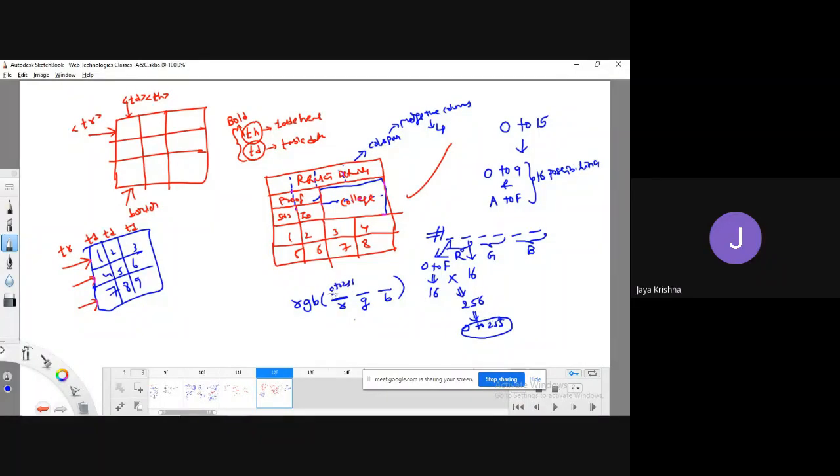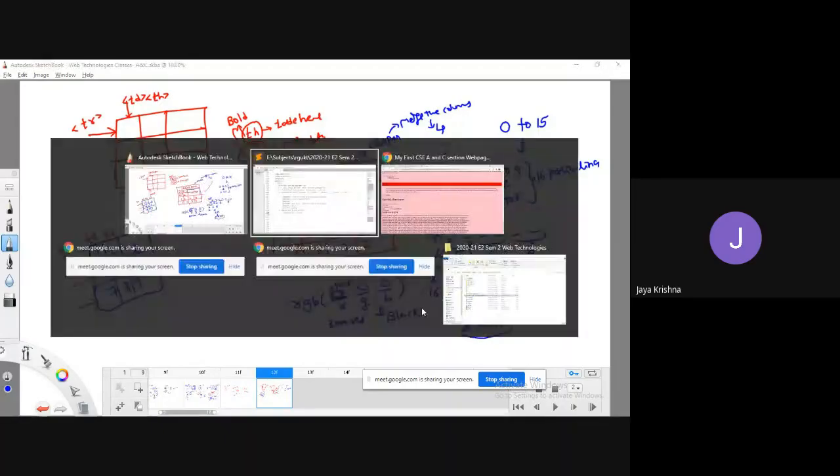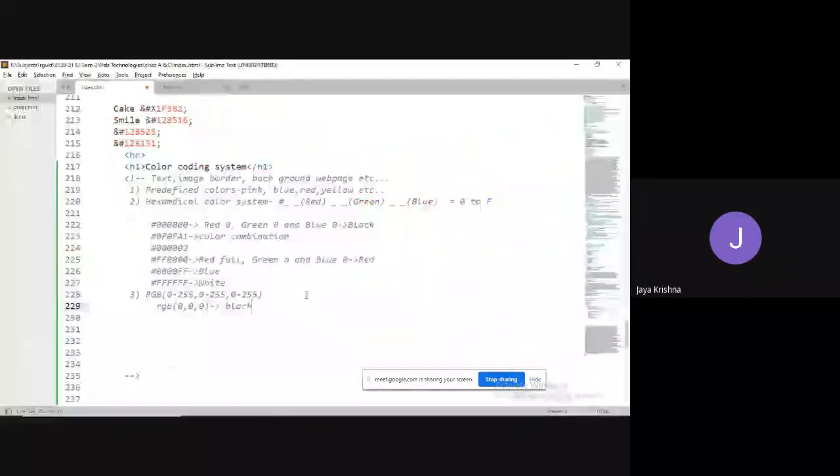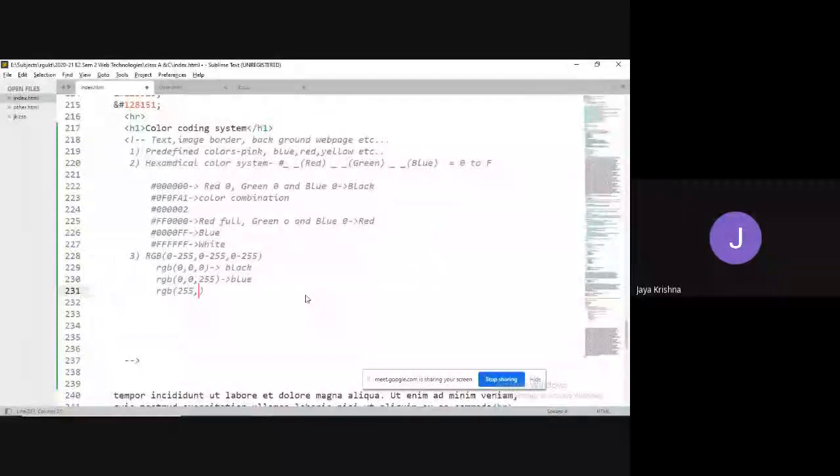If I write 0 red, 0 green, 0 blue, meaning the total color output you can expect is black. If I write RGB of 255, 0, 0, what is the output?